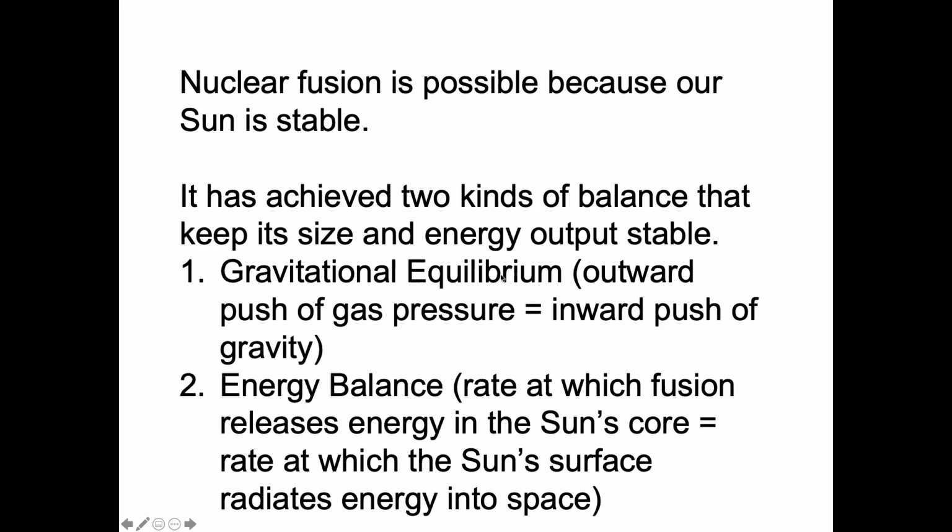So that's one kind of balance that we'll explore in a moment, and the other is that energy balance. This is tying the rate of energy production to the rate of energy usage. If there were some kind of imbalance, then the sun's luminosity would change. If the sun was outputting more energy than it's actually creating, then our sun would be getting dimmer. It wouldn't be able to sustain itself, because it's using more energy than it can actually provide.